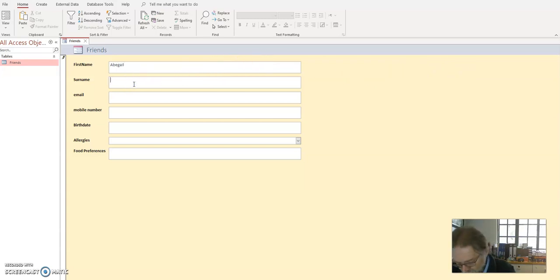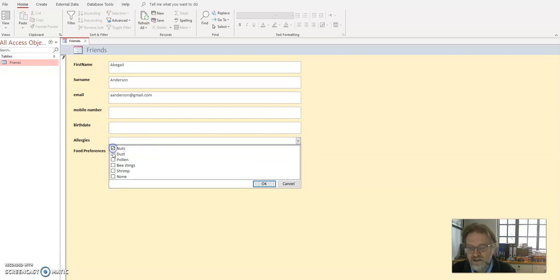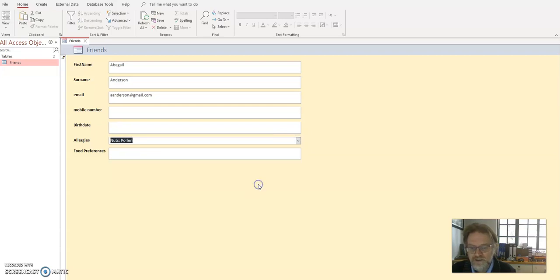We've got Abigail Anderson, and her email is anderson@gmail.com, and she doesn't have a mobile number, or rather I don't know what her mobile number is, and her birth date, I don't know what her birth date is, but allergies, I know she can't take nuts or pollen. So I click on that and you'll notice it's listed that. I don't know any food preferences. And